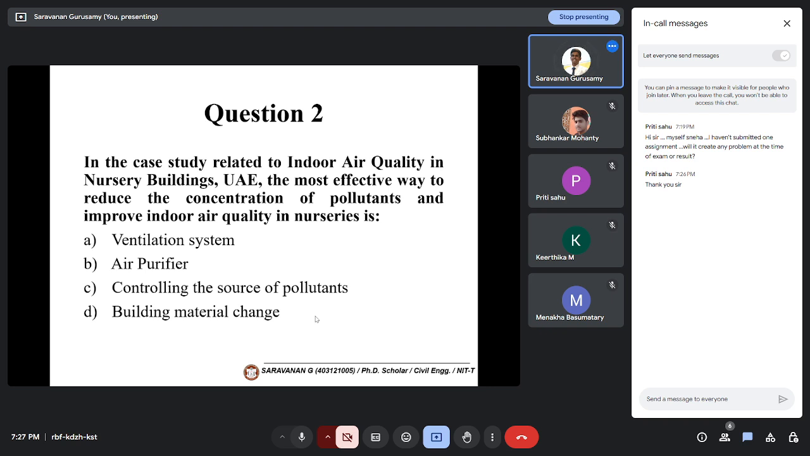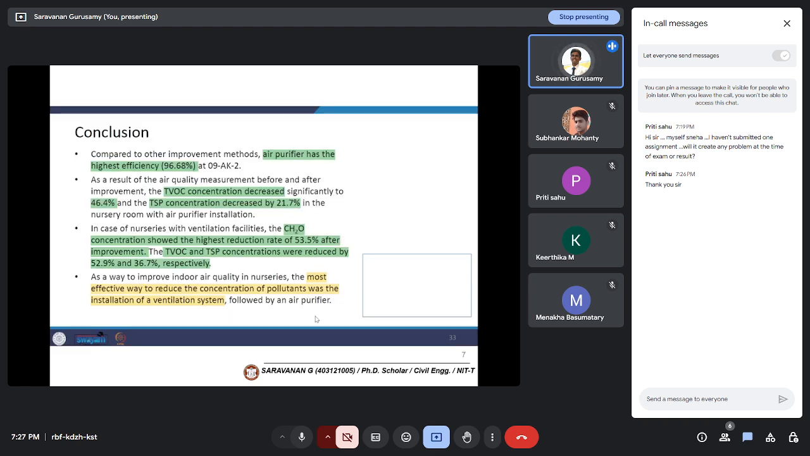Which has the best efficiency? Ventilation. The ventilation system they have installed is a mechanical ventilation system that gives 99% indoor air quality improvement. So you can see here, the last point: the most effective way to reduce the concentration of pollutants was the installation of a ventilation system. So they have tried the ventilation system, they have tried reducing the source, they have tried also the